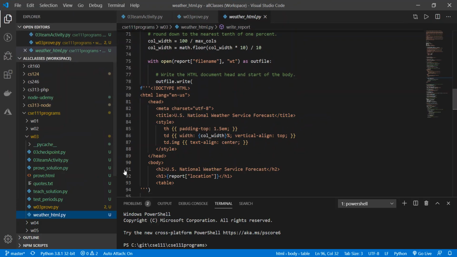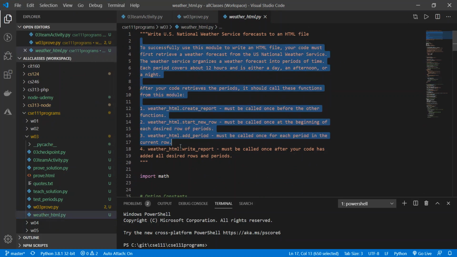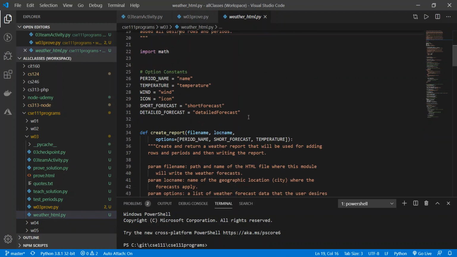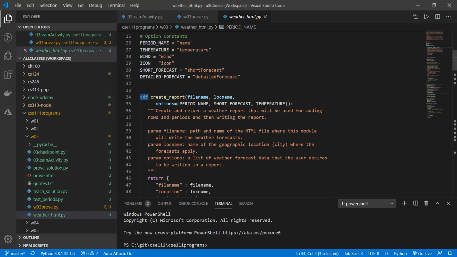Notice I have week 3 right here, and here's my weather_html.py. There's a good descriptive comment here, but let's look at this real quick. We have a few constants that are declared, and anywhere I have def written, I'm creating a new function. So I have create report, which takes in a file name, a location name, and then